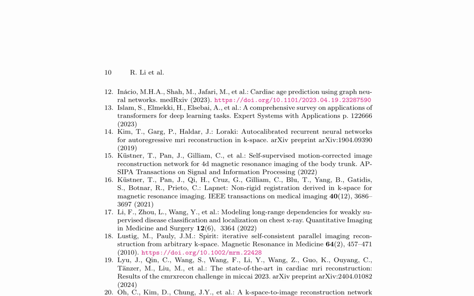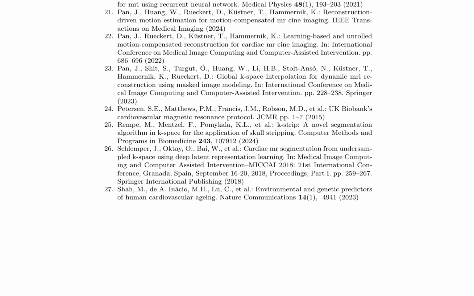In the realm of medical imaging, particularly magnetic resonance imaging (MRI), recent research papers have introduced significant advancements in reconstruction techniques. These include self-supervised motion-corrected image reconstruction networks and non-rigid registration derived in K-space. Accurate segmentation is also a critical aspect, with novel algorithms for skull stripping and cardiac MR segmentation being developed. Moreover, deep learning techniques are being applied to disease classification and localization on chest X-ray. This summary aims to provide a comprehensive overview of the latest developments in medical imaging, bridging the gap between research